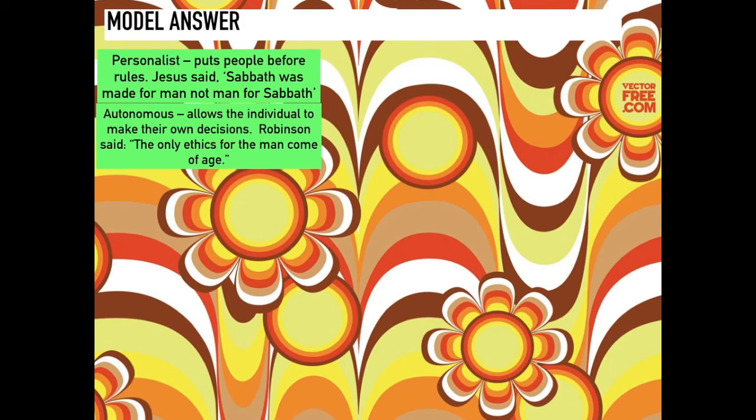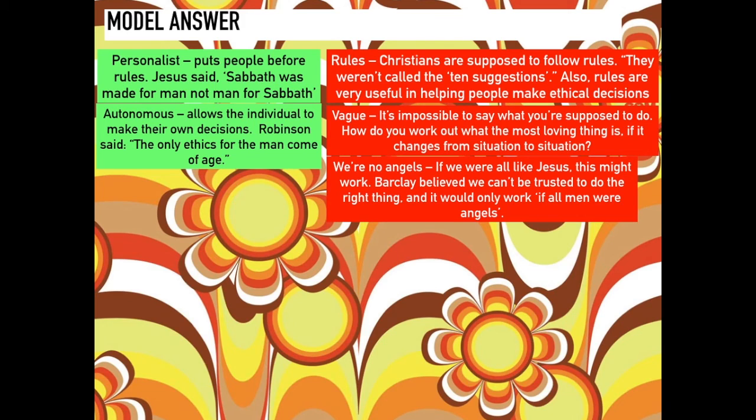So the first thing I would do is say, well, there are some massive strengths of situation ethics. It's personalistic. This is one of the four presuppositions. This is something that Jesus would approve of because he said that the Sabbath was made for man, not man for the Sabbath. And it's also something that a secular thinker in the modern age would be impressed with because it gives the individual a huge amount of autonomy, and that can only be described as a good thing. However, the lack of rules is also a problem,